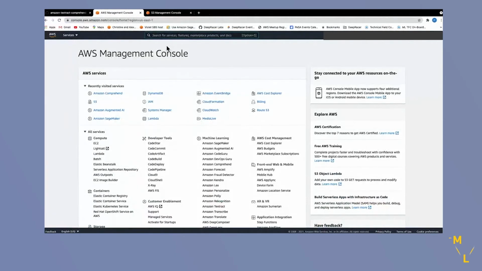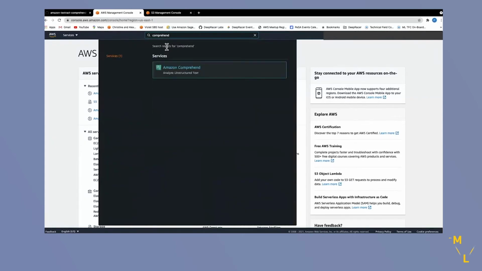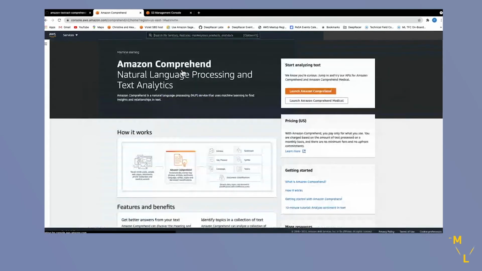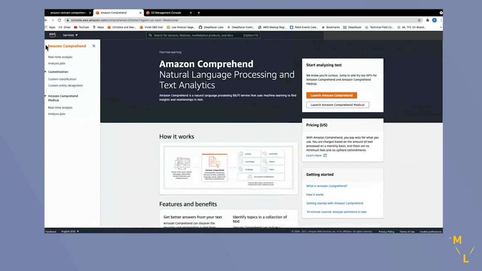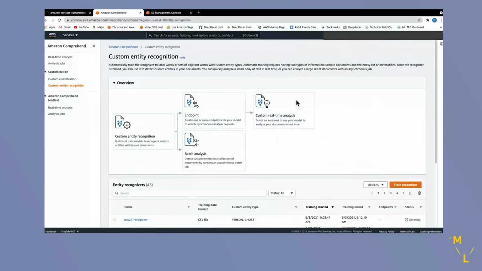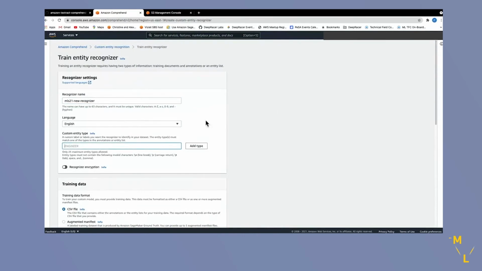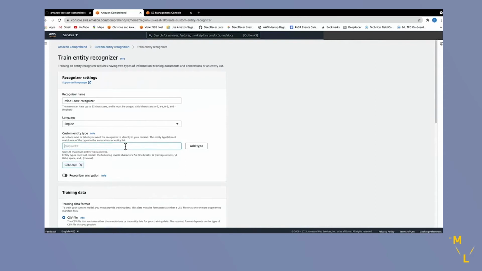Now we will train the Comprehend custom entity recognizer. Two entities we are training for: genuine and fake.